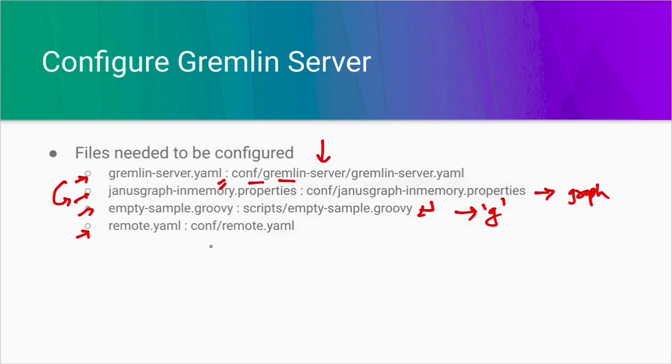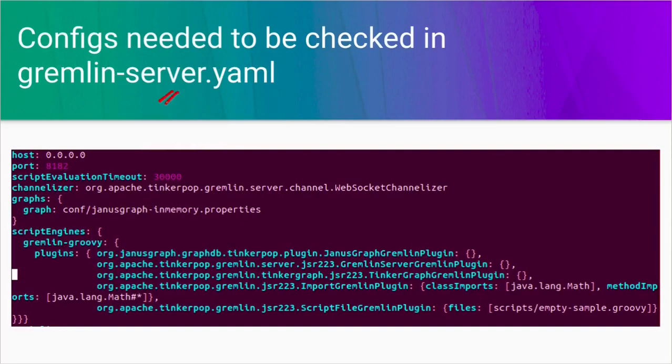This is a simple snapshot of gremlin-server.yml. Let's see the properties it has in it one by one. The first one is the host. Here we put the IP of our host on which we want to host our Gremlin server. As of now it is 0.0.0.0. This is just a binding address for localhost, but we can put any IP here. The second property is the port on which the Gremlin server will be listening. The default port is 8182.